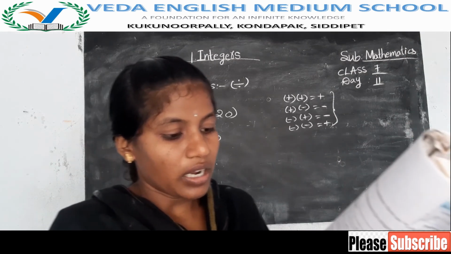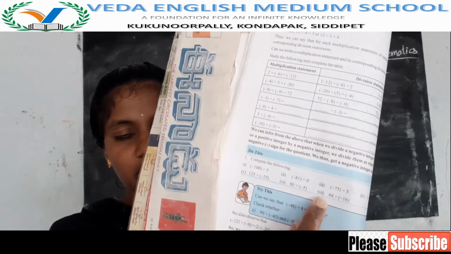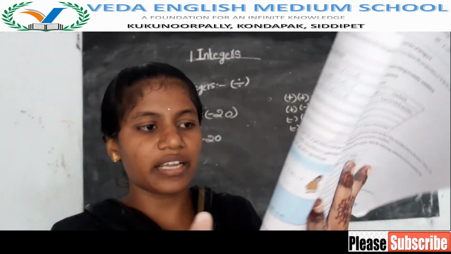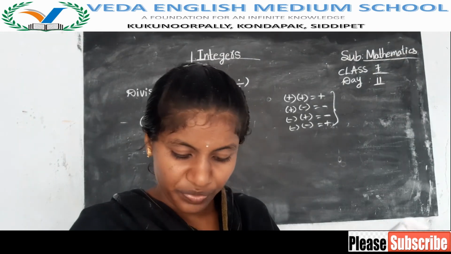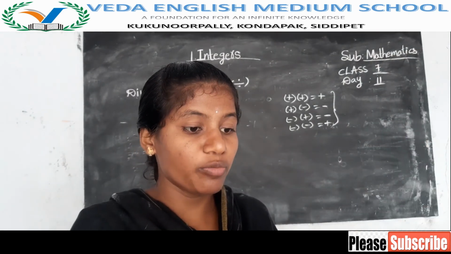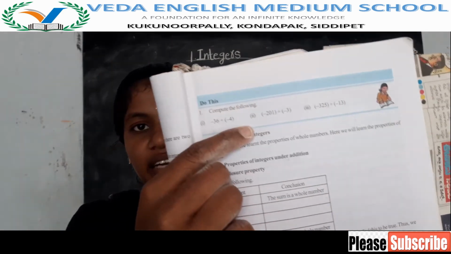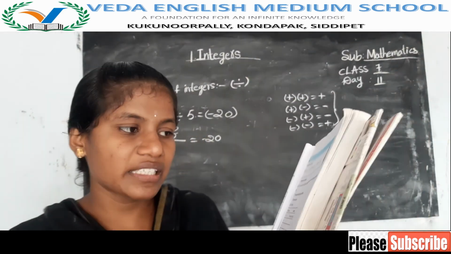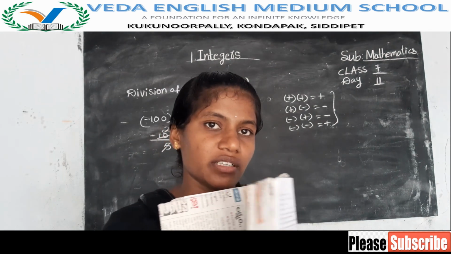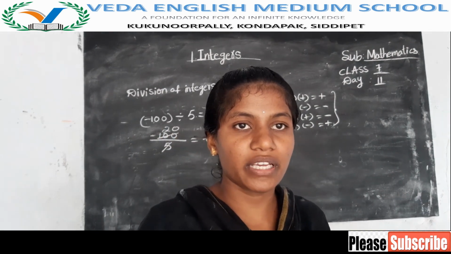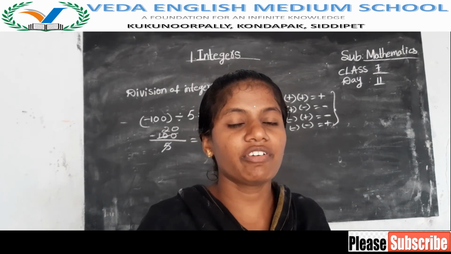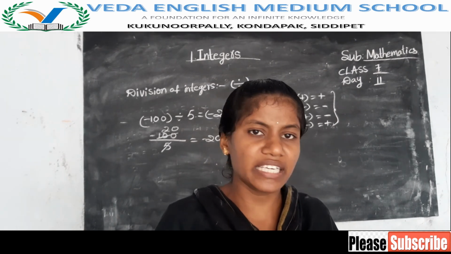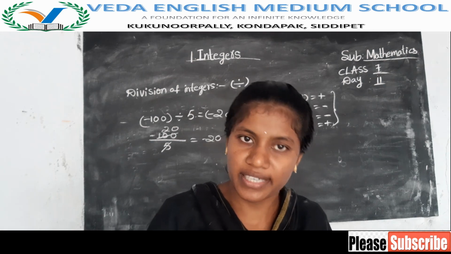So up to here you have 7 problems. One has completed, 6 more are there. That is your homework. Complete your homework and send to me. Then on page number 13 you also have 3 more problems. Complete that also and send to me. In our next class we will learn about properties of integers, that means closure property, commutative property. Already in class 6 you have learned. Once again we will recall and learn how to find the properties by using integers. Up to here, complete your homework and send to me. Okay children.